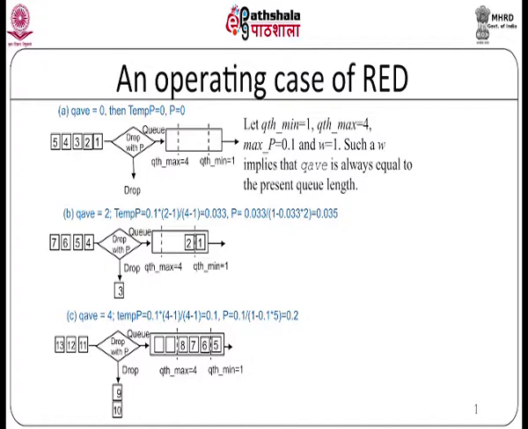and your probability value is 0.1 divided by 1 minus 0.1 into the number of packets that we have not dropped, the count value. Let us say the count value is 5, then your drop probability will be 0.2. You can see that compared to the previous value, the drop probability has increased. Now if it is 0.2, almost 2 out of 10 packets will be dropped. Maybe you will drop 2 more packets over here, and then this information will go back to TCP. So this is basically how RED will operate.